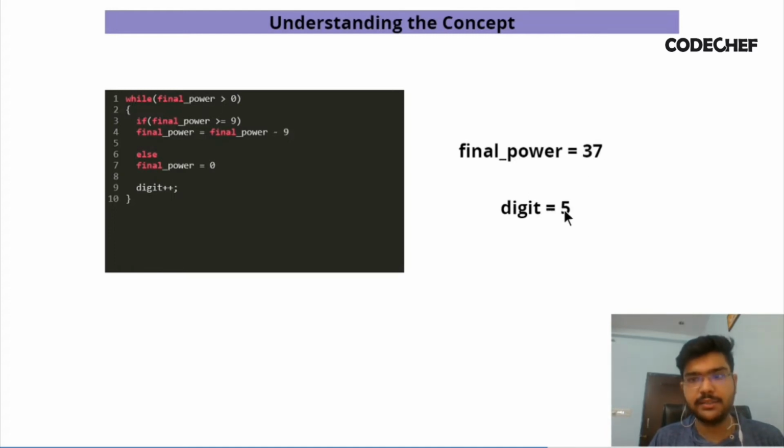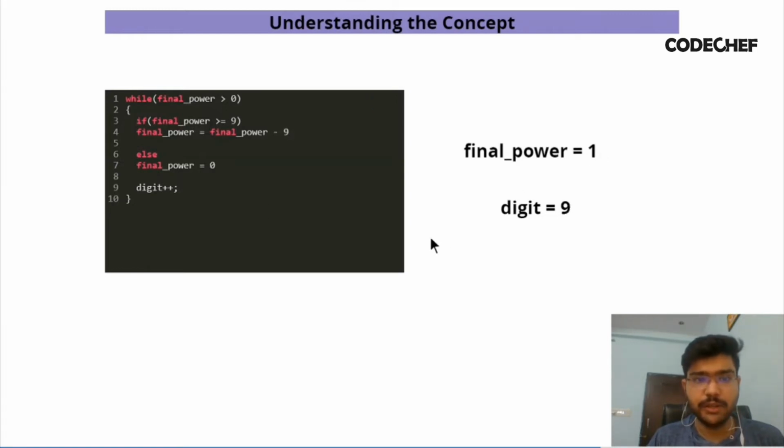Again I'll enter the same loop, and now the final power is 37 and the digit is incremented to 5. Again going to the same loop, final power is reduced by 9 and digit is incremented. Again final power is reduced to 10 and digits are 8. Now again I'll enter the loop, and now the final power becomes 1 and the digit is